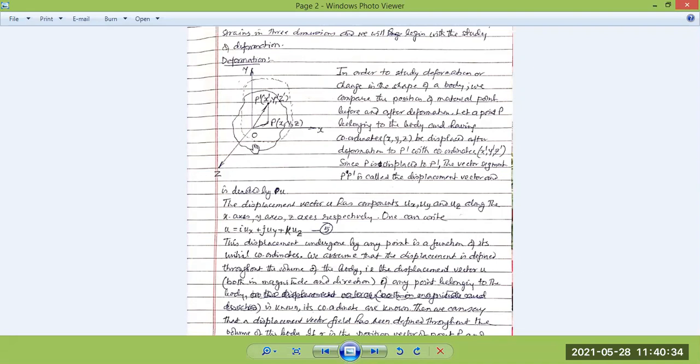And what is found there is with this formed line, we are representing a body when it is in the original shape. And after application of certain external load, it takes this deformed section portion, this sectional line after the deformation. So what happens? At the beginning, the point was at P with X, Y, Z as the coordinates, and after the deformation, it takes the position P dash, which also has coordinates, but not exactly equal to X, Y, or Z. They are X dash, Y dash, and Z dash. Now, P dash is defined as